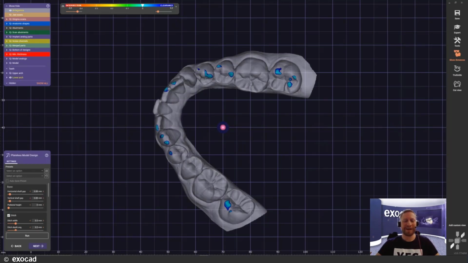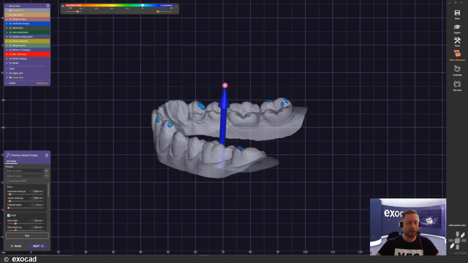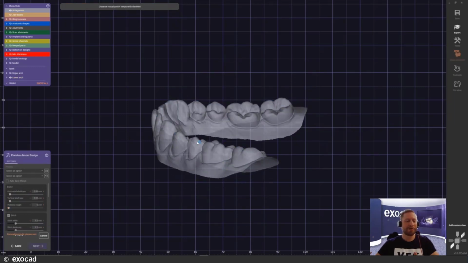We have the same step again for the lower jaw. You can define any kind of parameter for the base, for the ditching if there is any, or pin grooves if there were any, but there are not. So I'm just going to run the model, hit Control and Tab, so we jump to the next case and the calculation will start automatically.